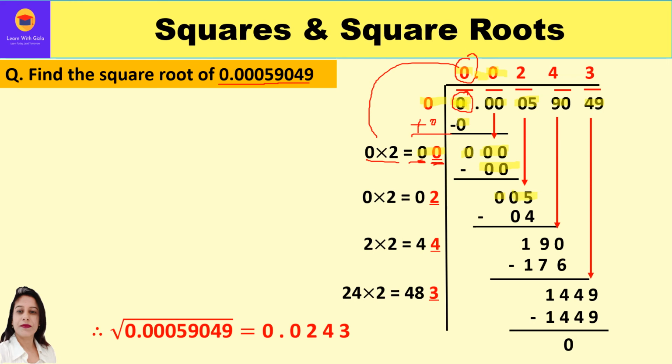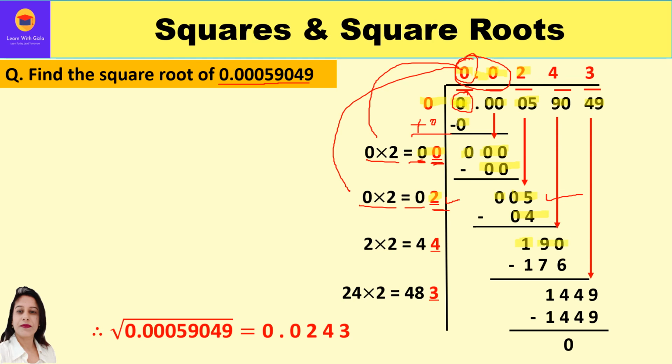Now this is the new dividend. Now over here the quotient is 0, 0. Bring down 0, multiply by 2, we will get 0. Further think of a number what should come in this blank so that the product is either equal to or less than 5. So naturally we can multiply by 2 over here. So 2 is the divisor, 2 is the quotient, 2 into 2 is 4, 5 minus 4 is 1.